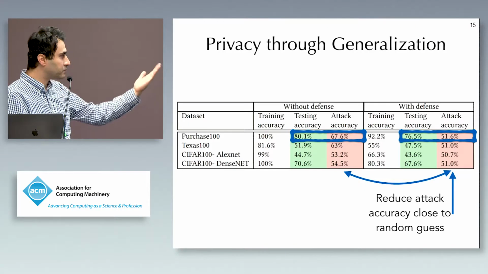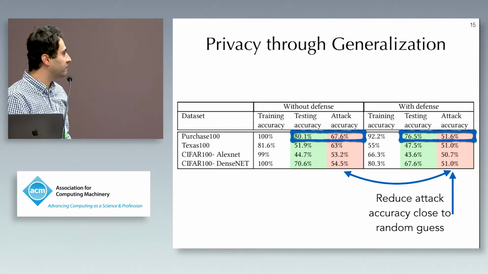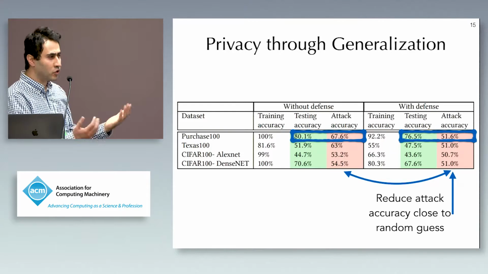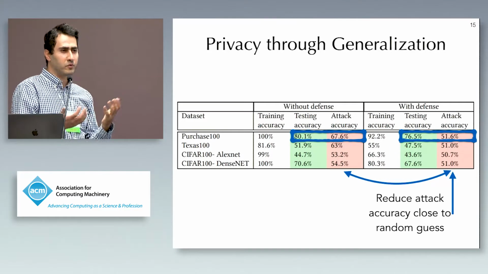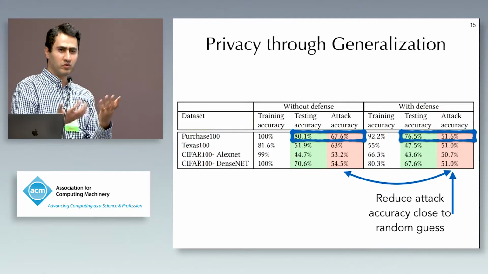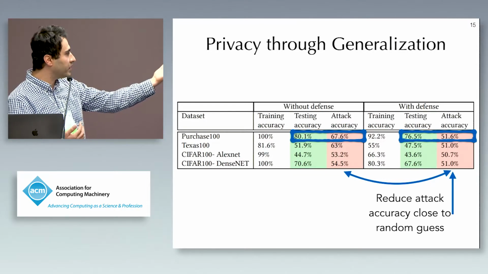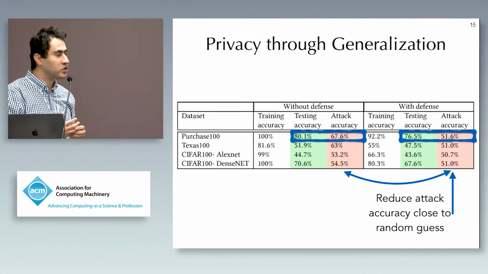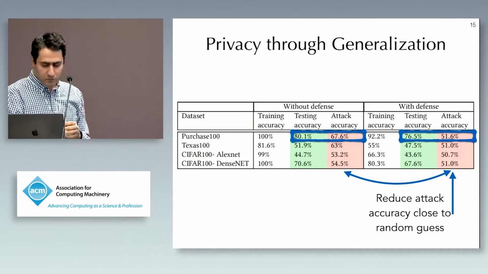So there's a huge improvement in membership leakage. On the other hand, this is provided with only 3.5% of reduction in the utility of your machine learning classifier. The price you're paying for having membership privacy is some reduction in the accuracy of your classifier, which is your utility, but it's not that much. It's only 3.5% here. So with 3.5% of utility reduction, we're getting a big jump in membership privacy.